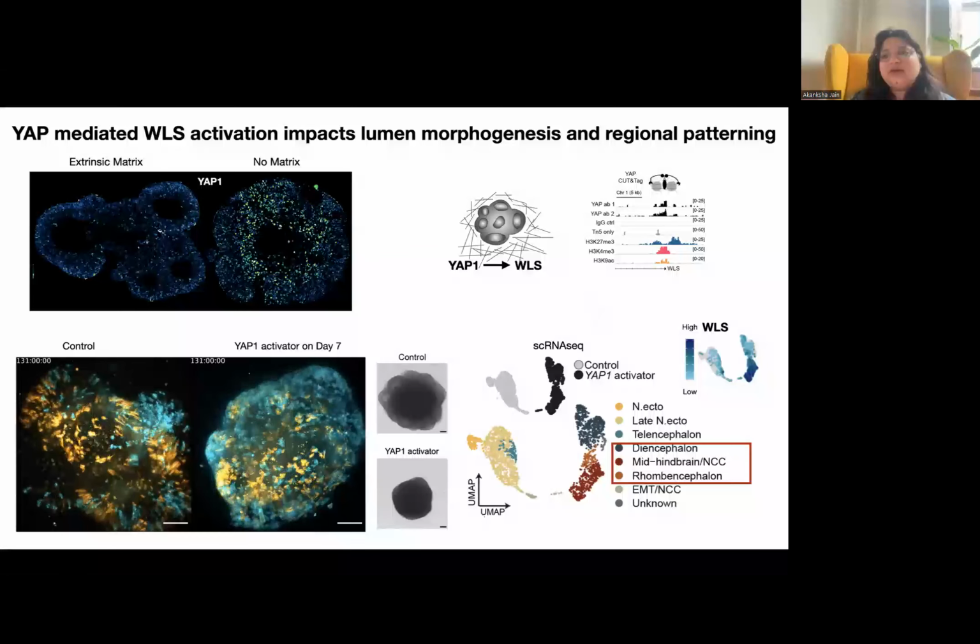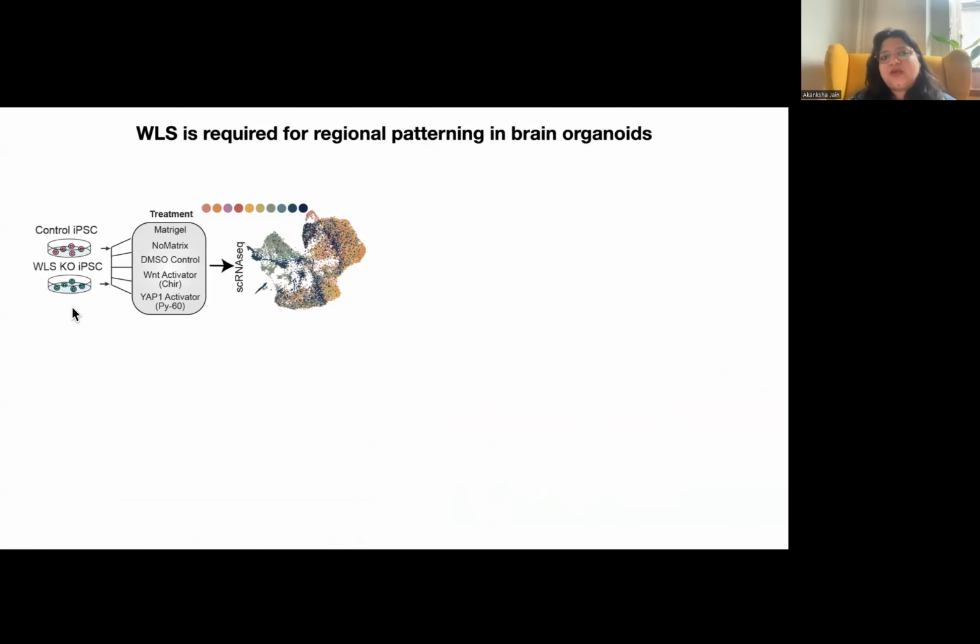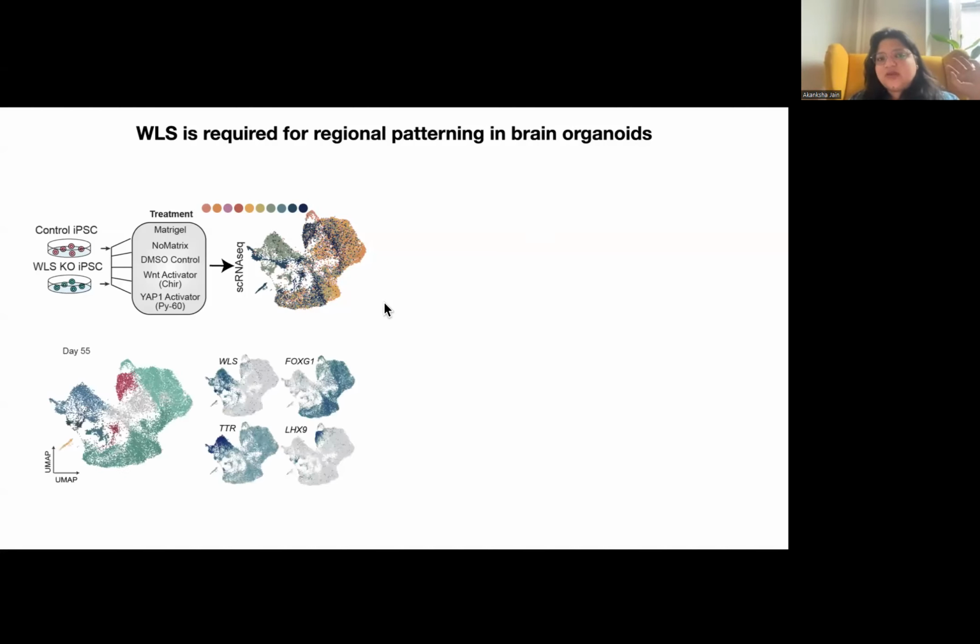So to fully seal this point, we did an experiment where we created a new knockout line for Wntless. And we grew organoids from control and knockout lines, and we gave them different treatments. So we grew them with Matrigel, without Matrigel, with a DMSO control, activating Wnt by a CHIR pulse, and activating YAP by adding the PY60 activator. And we did a hashing experiment as Fatima showed in the previous talk. So when we did this, we found a huge cellular diversity is getting created in all of these organoids combined together, where they are forming telencephalic regions marked by FOXG1, but also these Wntless regions, choroid plexus,